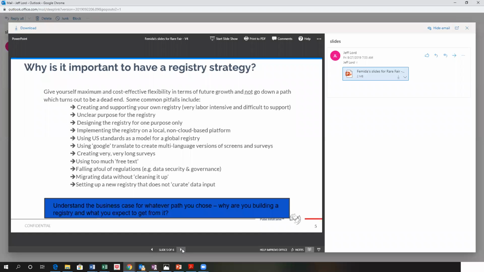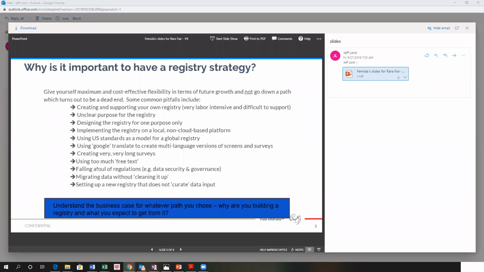So this is the last slide, and I won't necessarily focus on a lot of it, but I think we've covered a lot of this. Have a clear purpose. Don't go build something if you don't know what you're going to do with it. It's different and difficult for advocacy groups to invest and build their own technology. There are lots of other people who build technology. Work with them, interview them, make sure they understand your needs.